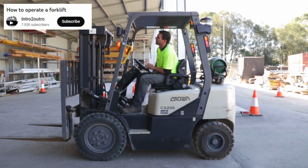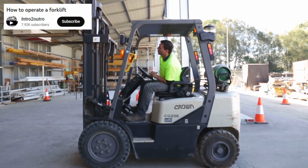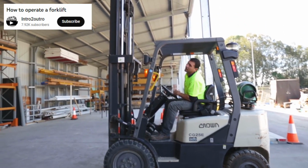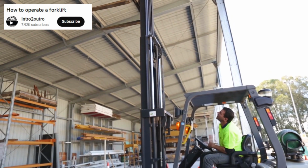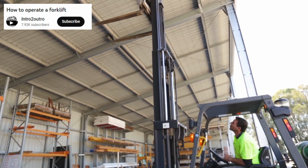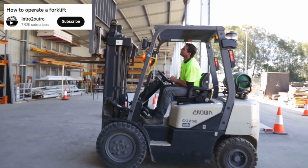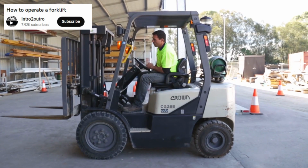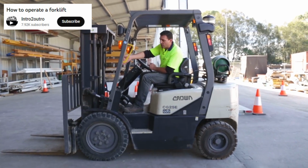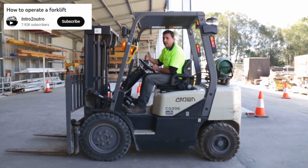Now I'm going to raise the mast to its full extent. All the while checking that the chains, hoses are running over those pulleys freely. And for any unusual noises. As you can see, I've selected the correct travel position with the fork arms. They're below the front axle height and close to the ground. I'm now going to engage